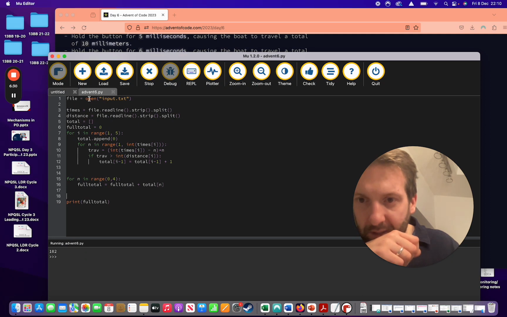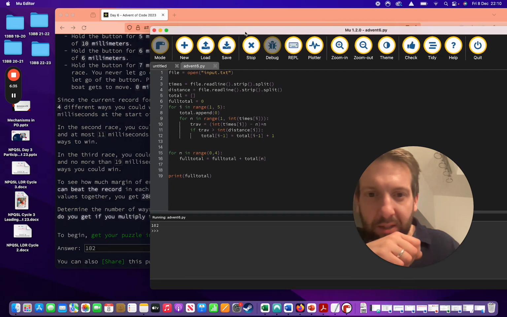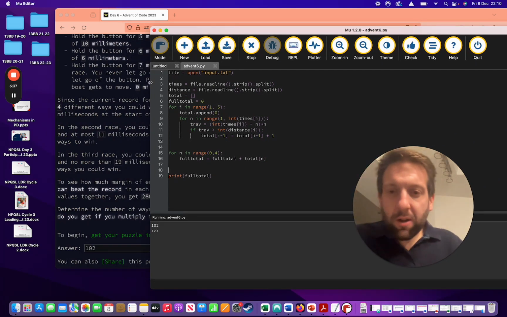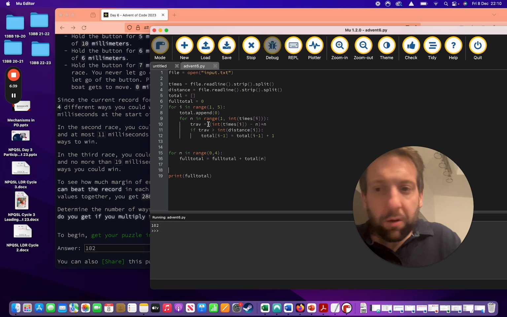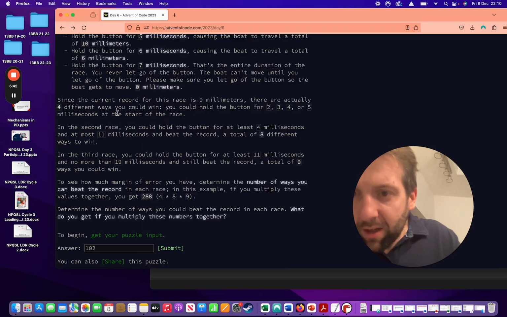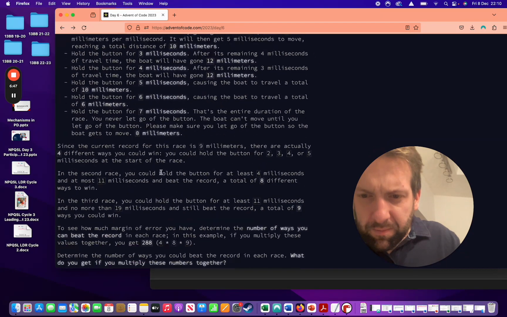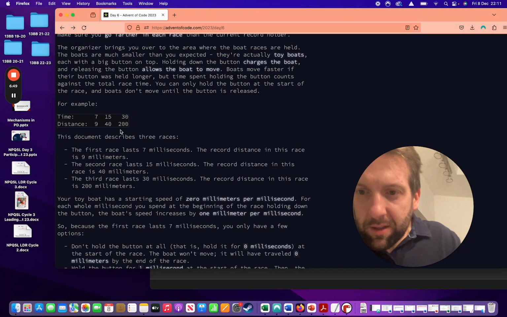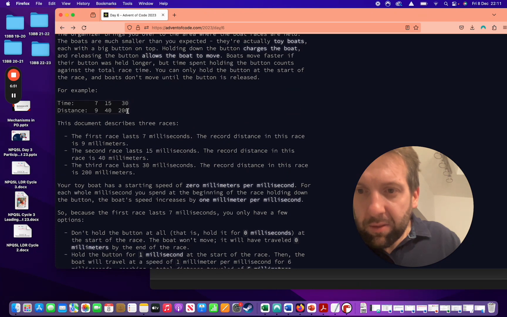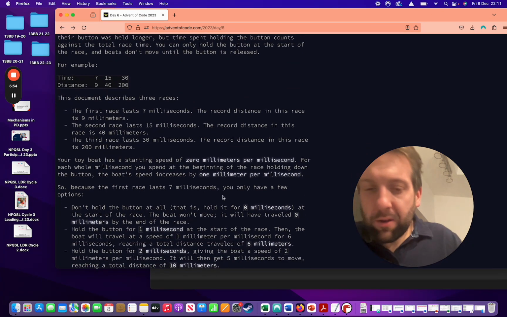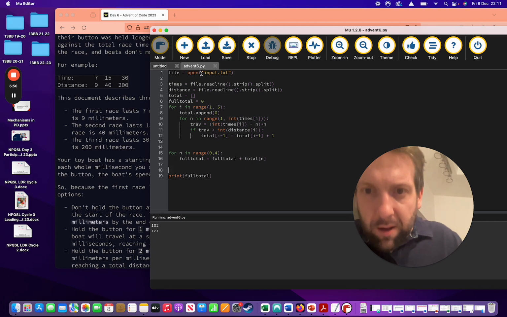So let's have a look and see what we are doing wrong. Maybe I'm misunderstanding what I need to do. Maybe I need to go back and look at it again, or maybe I've just calculated it wrong. So I need to go through all the numbers of ways. Let's start with the test data that we've got. So rather than read the times in, you know what I'm going to do? I'm going to keep a